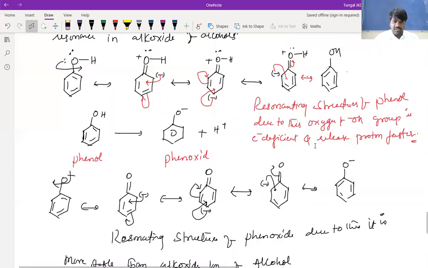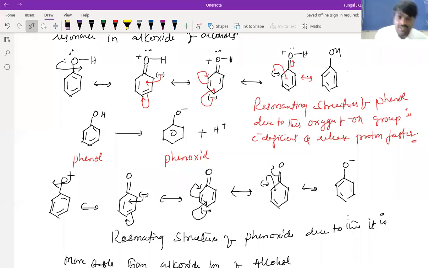See how it is related. Why are phenols acidic in nature? Phenols are acidic because they release a proton. The greater the tendency of releasing a proton, the greater the acidic nature. Why are alcohols and phenols considered to be acidic? Whenever you place them in aqueous solution, they release a proton. Anything which releases a proton in aqueous solution is considered an acid. The quicker the proton is released, the more acidic it is considered.